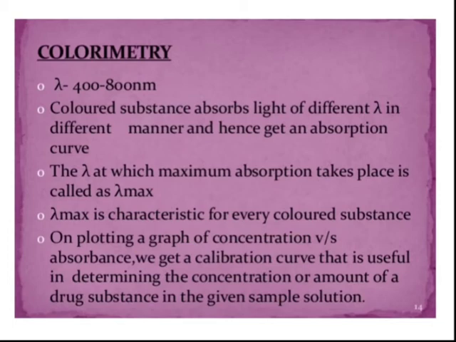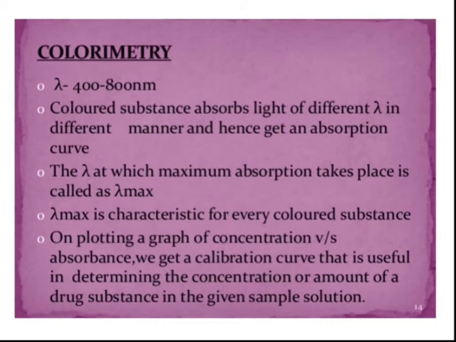Obviously, we can perform the same experiment on the colorimeter, but the colorimeter is an instrument which does not measure the exact absorbance or exact wavelength, so there are chances of precise readings but not accurate readings. So instead of the colorimeter, we will use the UV visible spectrophotometer for the study. And the colorimeter works in the region 400 to 800 nanometer. On the colorimeter, we cannot perform the experiment in the ultraviolet region. It works only in the visible region.